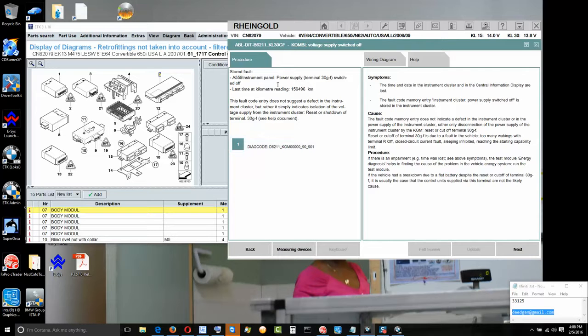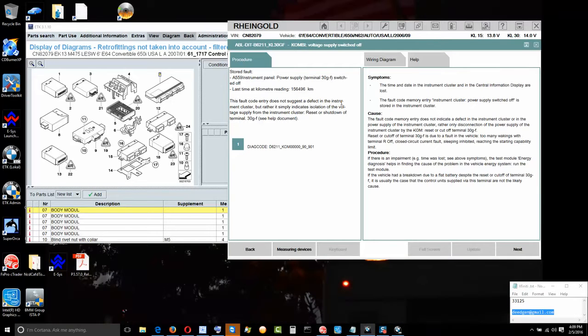And the CAS turns this on. Anything to do with 30G-F, the CAS turns this off. So sometimes the CAS probably needs to be replaced. And it says here, alright, okay, it says here,